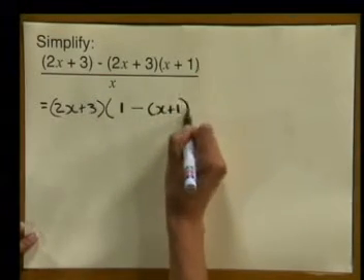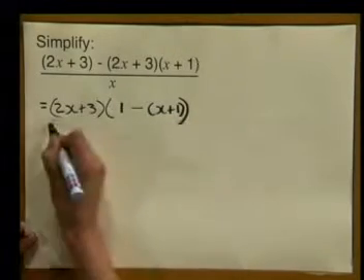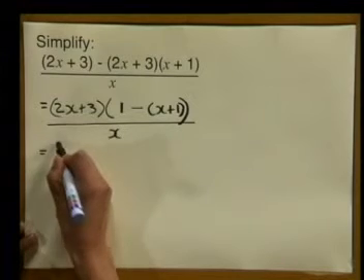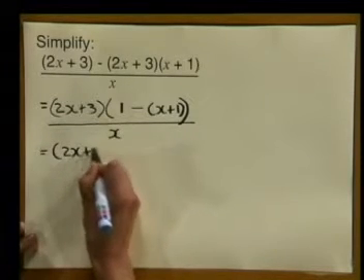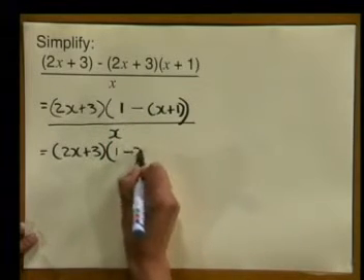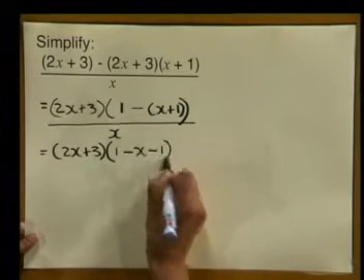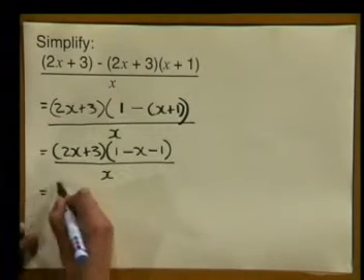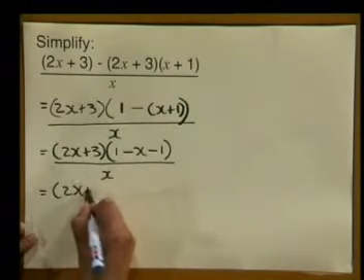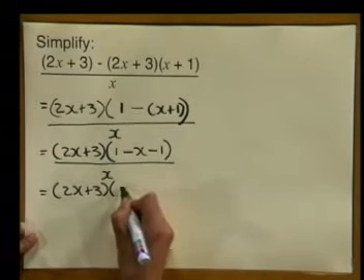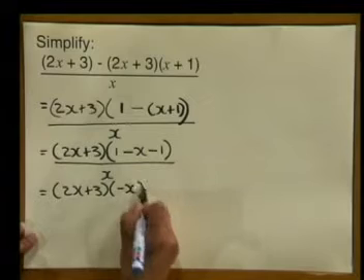And don't forget to put it into a bracket. All divided by x. Now we can simplify that second bracket. So we write 2x plus 3 into 1 minus x minus 1. All divided by x. Now just adding our like terms in that bracket, we are going to get 1 minus 1 cancels out and we are left with a minus x